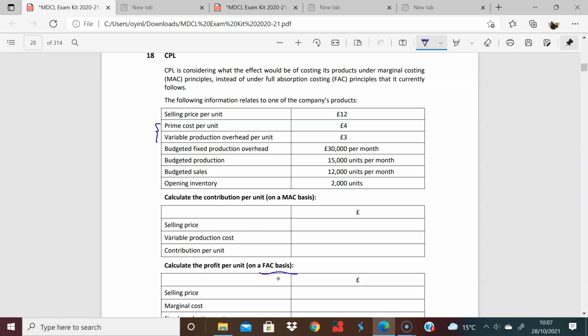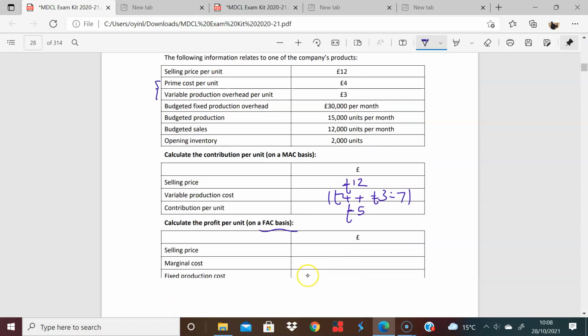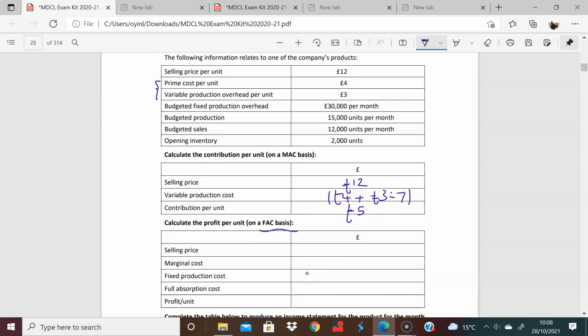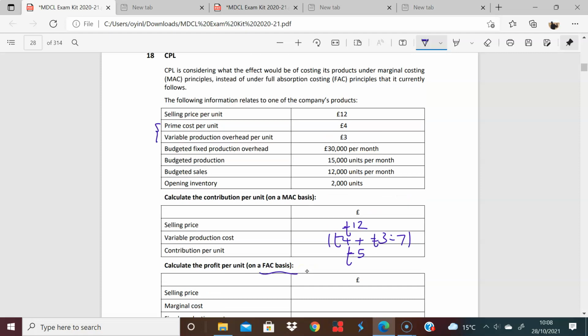And the question says, first of all, just look at this on a marginal assessment. The selling price here is 12, and the variable production, of course, is the full variable cost, which is the 4 and the 3, and that's of course the 7. So your contribution per unit from a variable point of view is 5. 12 minus 7 is 5. Then when we look at full absorption, we must